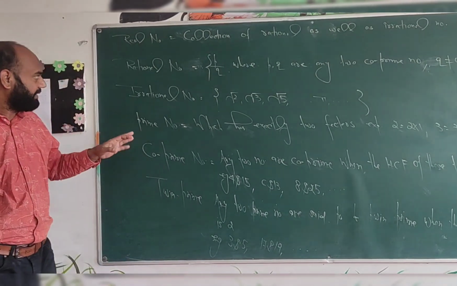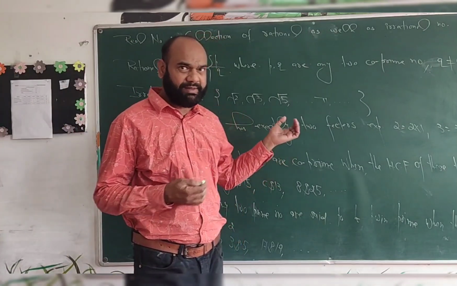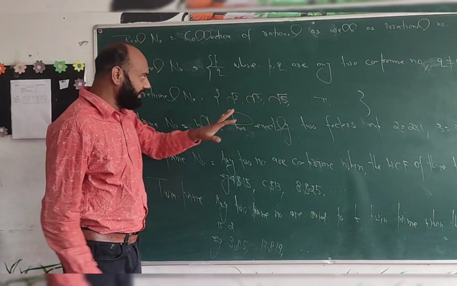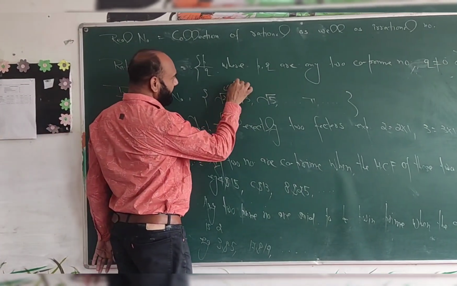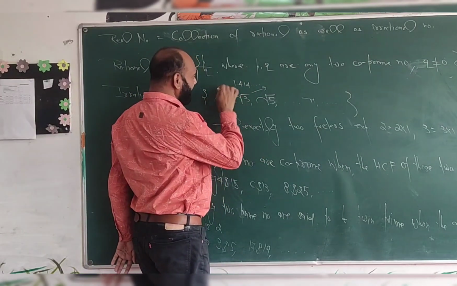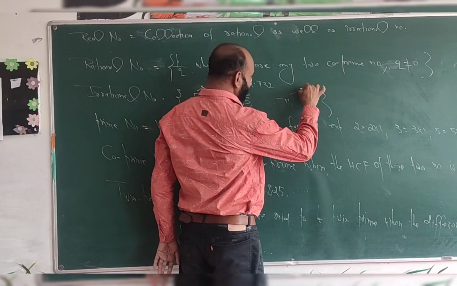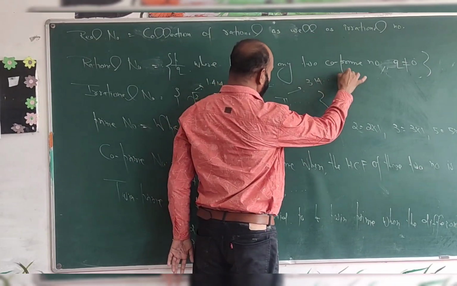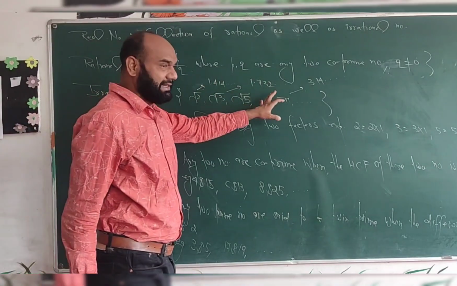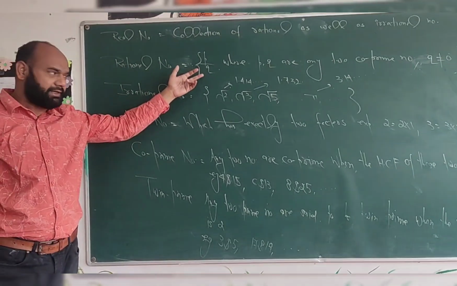So we can say that any two numbers are co-prime when the highest common factor between them is always 1. And irrational numbers are those numbers which cannot be rationalized. For example, root 2, root 3, pi and so on. Because the value of root 2 is 1.414 and so on, and the value of root 3 is 1.732 and so on. Similarly, the value of pi is 3.14 and so on. We can say that these numbers cannot be rationalized because they are not in the form of p upon q.